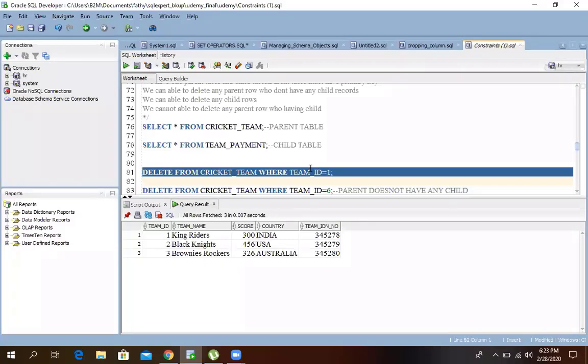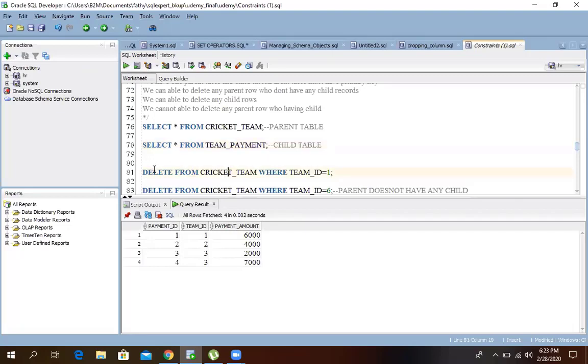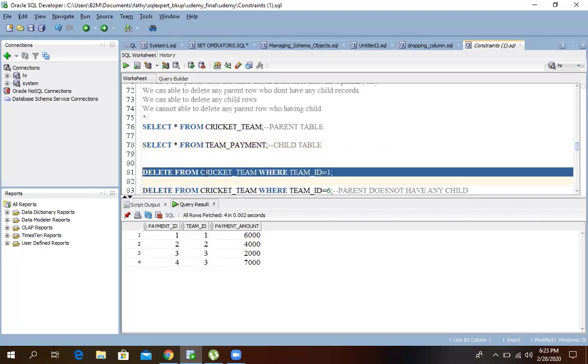Just check in your team payment table and see whether this parent has a child or not. Yes, it does. How many children? Only one child. So in Oracle, if you try to run this command, delete from cricket team where team ID is equal to 1, it won't allow us to delete because this parent has some child.